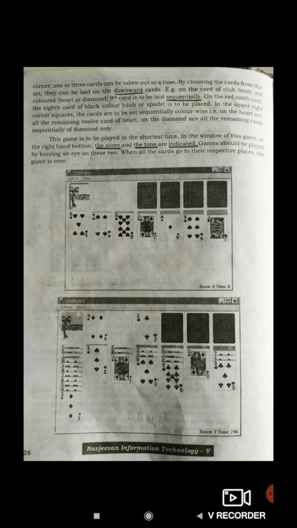This game is to be played in the shortest time. In the window of this game, at the right-hand bottom, the score and the time are indicated. The game should be played keeping an eye on these two. When all the cards go in their respective places, the game is over.